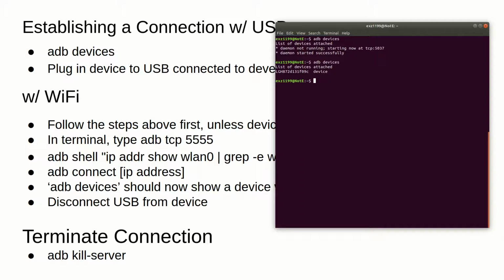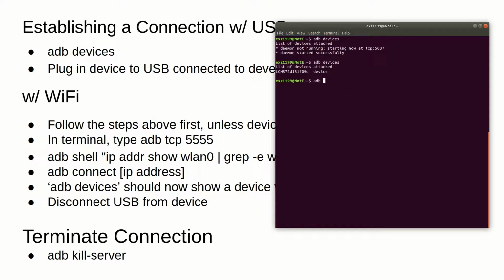It's also possible to connect to the Android device over the Wi-Fi connection, so make sure that the Android device is connected to the local area network. It's also important to note that in order to connect over Wi-Fi, non-rooted devices must first connect over a USB connection to ADB. If it's a rooted device, you don't need to make this first step. So let's just assume that it's a non-rooted device, a normal device. So first connect over ADB through USB,